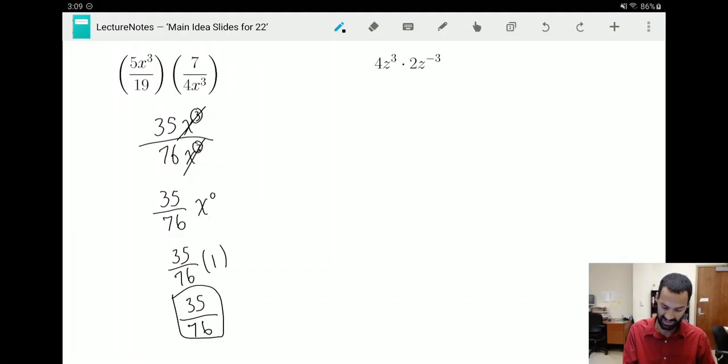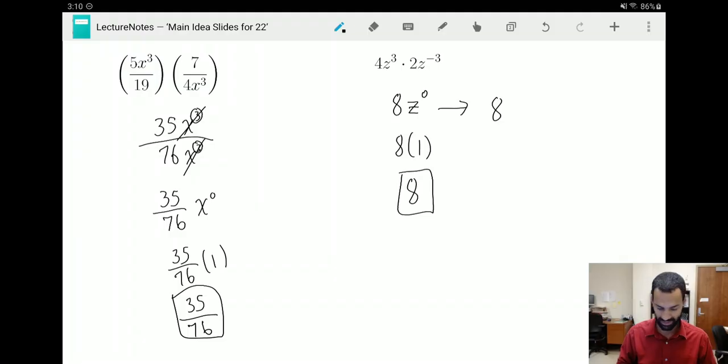Okay? This is an easier one. 4z to the third power times 2z to the negative third power. Okay, well, 4 times 2 is 8. If you added those exponents together, you would get z to the 0 power, but you know that z to the 0 power is just 1. 8 times 1 is 8. Okay, or again, you have no z's, so therefore you can say it's just 8 without any z's. Okay, anyway, so that was a rather long section, but that is multiplication and a little bit of division with